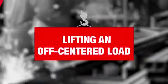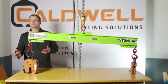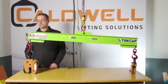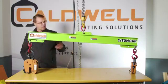Okay, so now what we want to demonstrate is what's going to happen when we do have an offset center of gravity, but our adjustments are still centered, right? Or where the attachment points would be centered. So to demonstrate this, I've